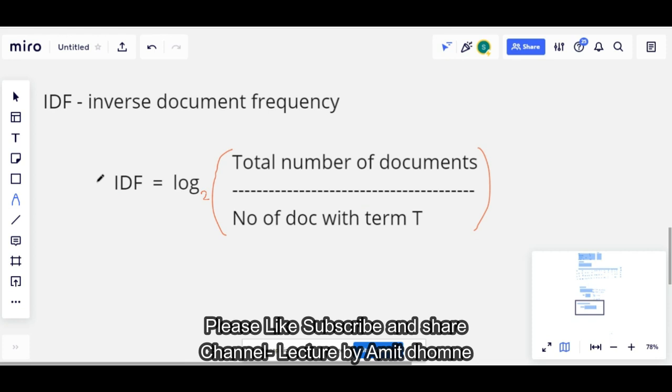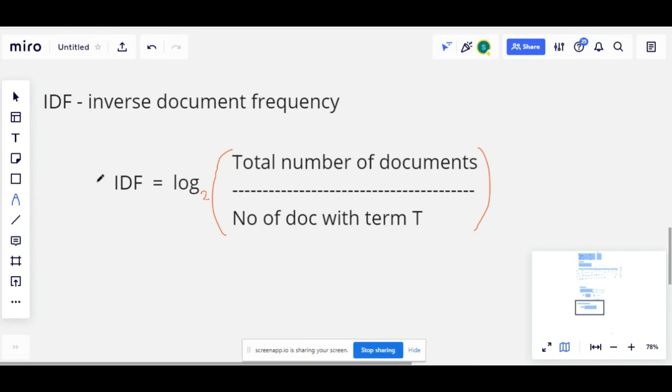In the previous video we discussed term frequency, and we saw how term frequency is better than the simple frequency. Now we'll talk about the second part, which is IDF, inverse document frequency. If you look at the formula of inverse document frequency, it goes like this: IDF is equal to the